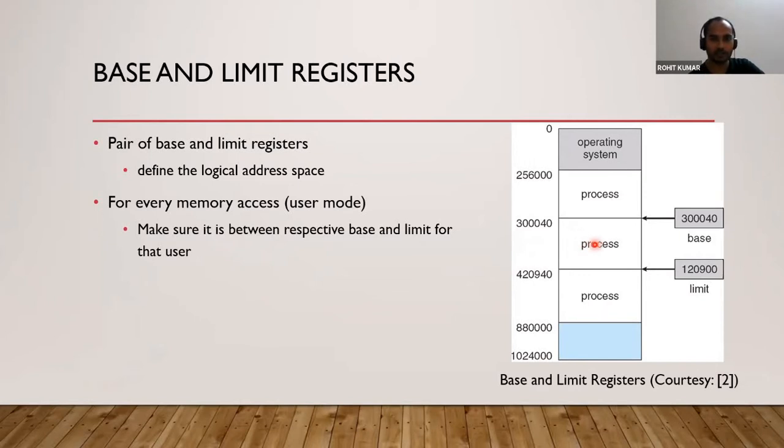If this particular process is trying to access a memory location, then it should not go before this location or after this location. All the memory requests should be with respect to addresses lying within this range. Why? Because the P2 address space is this much only. You cannot go beyond or before your address space boundaries. Each process is restricted to its address space.